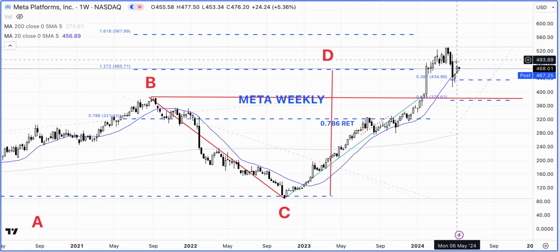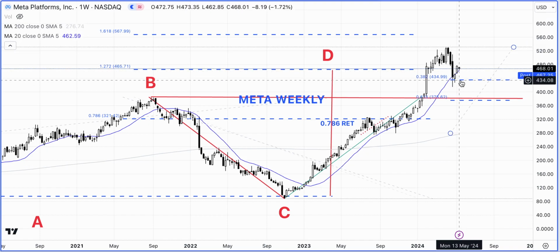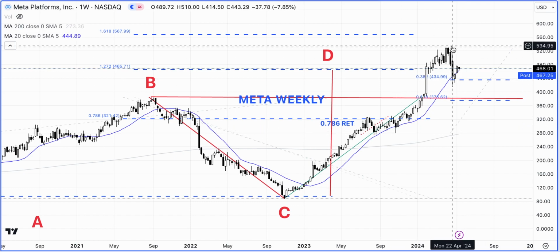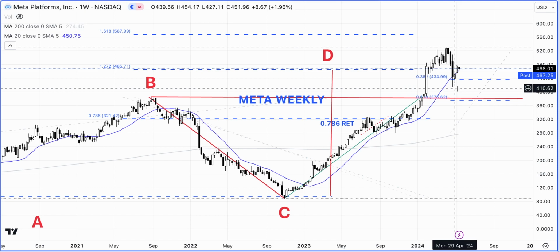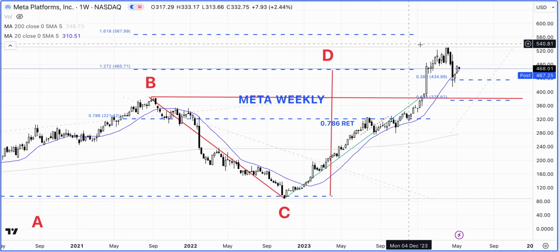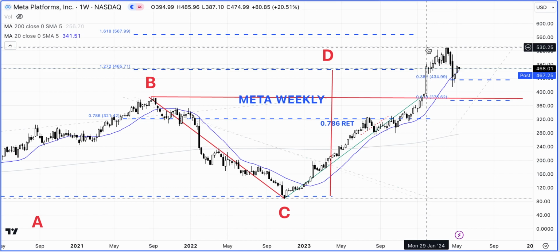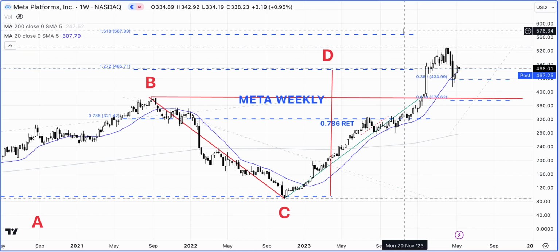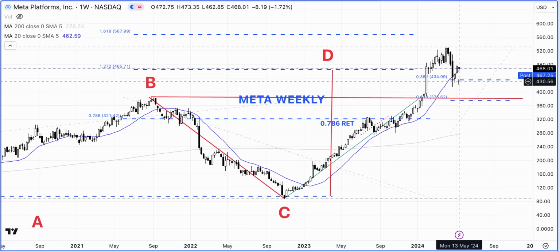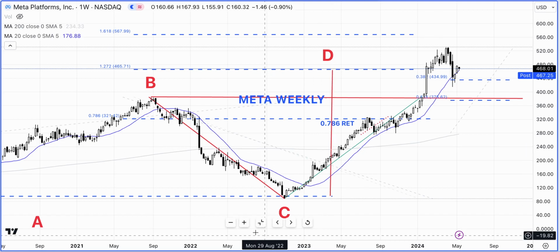And what we can see is that the stock pulled back right into the 38.2% retracement of this swing low to this swing high, and it's just above that, which is good because if we look at the daily chart, which we'll do in a moment, one thing I just wanted to point out was that it kind of made a top between the 1.272 and 1.618 expansion. So although it's doing rather well with this recovery here,